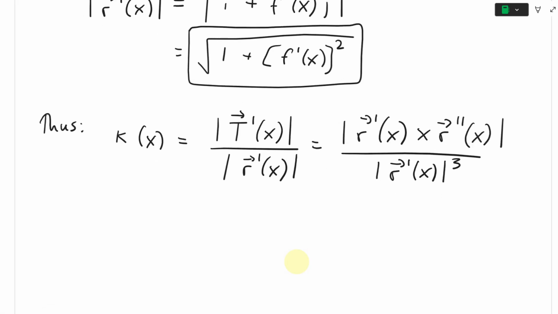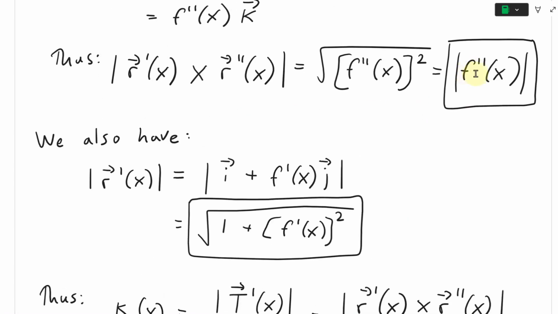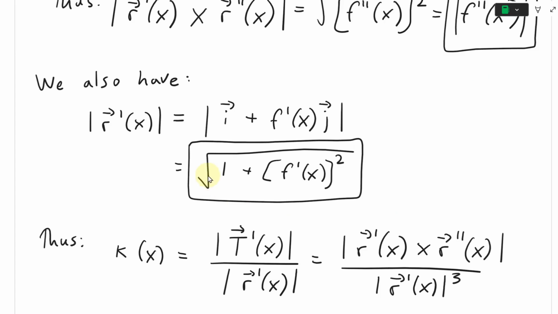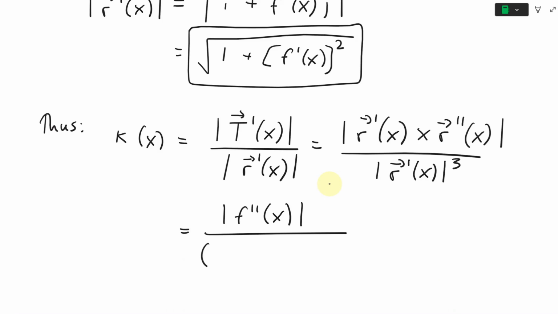So now in our case, we're taking this part right here, and that's going to be the absolute value of f double prime of x, so we get the positive value, divided by, and now this is squared, square root, but then cubed, so this whole thing is going to be to the power of 3 over 2. So now we get 1 plus f prime of x